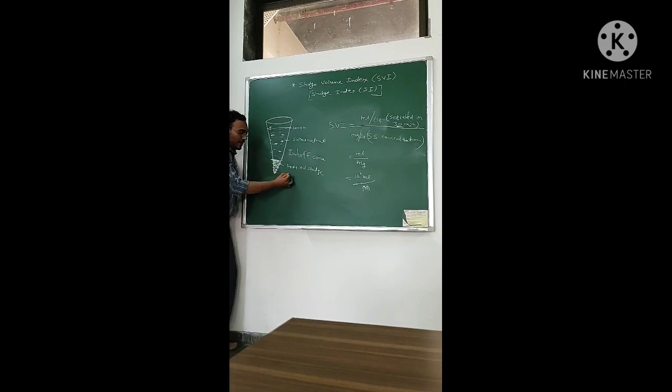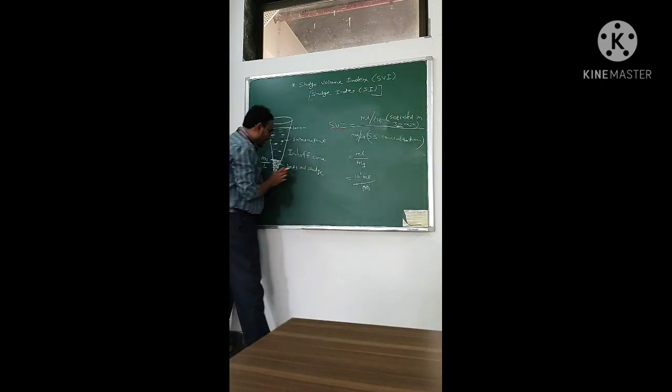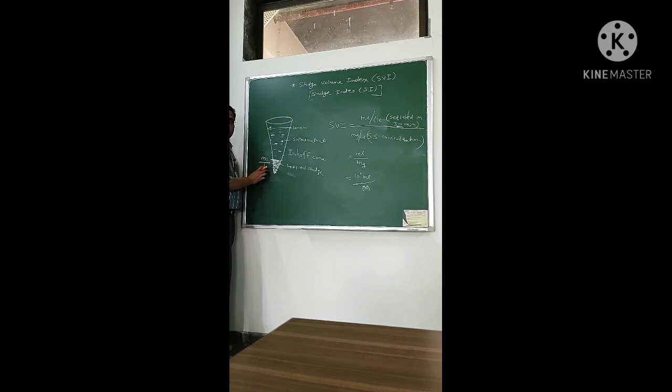That reading will be in ml. I just write it here. This reading will be in milliliters, and the sample we have taken in this Imhoff cone is 1 liter, so this reading will be in ml per liter. That reading after 30 minutes you need to put here: milliliter per liter, the sludge settled after 30 minutes.